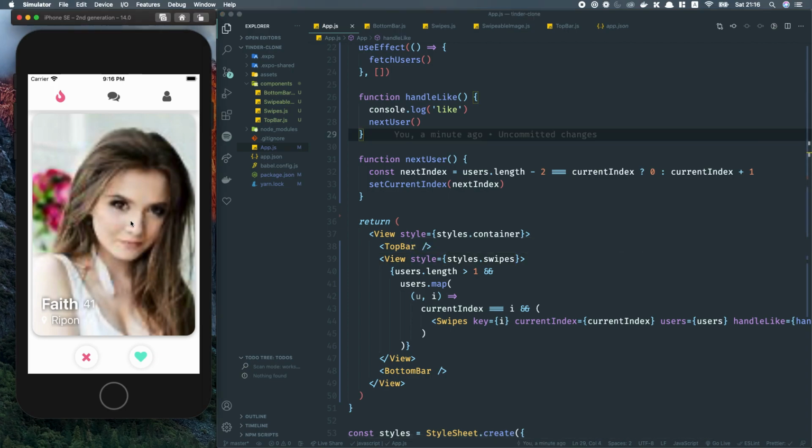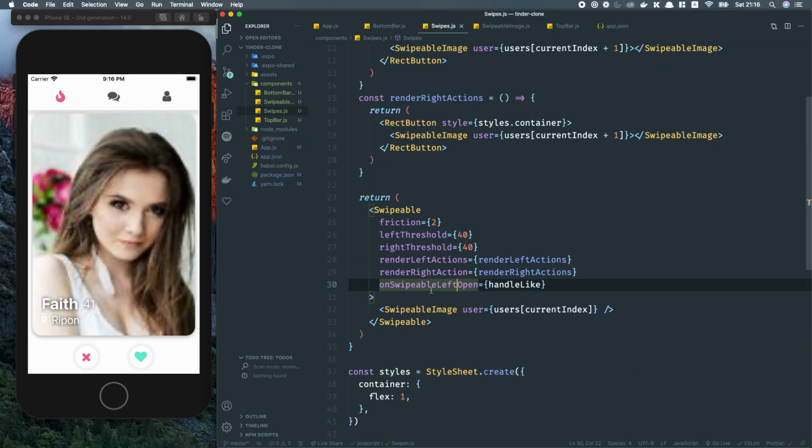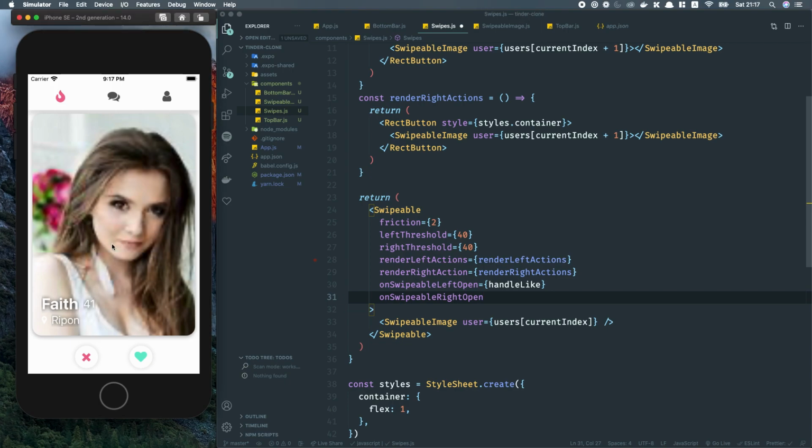Okay. So to the left, it will be that we don't like that person, and in this case the right action is open. So on swipeable, right open. So this will be when we swipe to the left, the right will be open. So we are going to handle